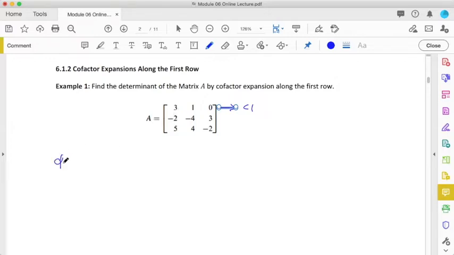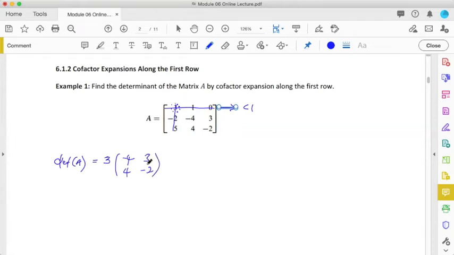So to get the determinant of A, we can apply the concept of cofactors. Okay, so first, this is the coefficient A11, which is given by 3. So if you take 3, then you cover column 1 and row 1. So you have a small 2 by 2 matrix, which you have